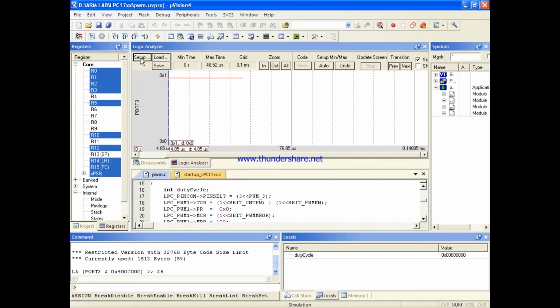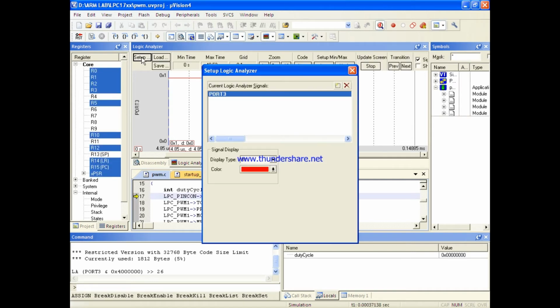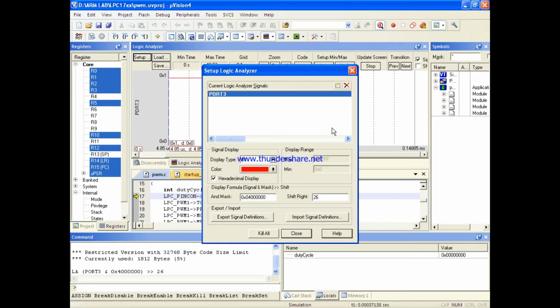In this, click on setup. You add the port pin. So it is port 3.26.